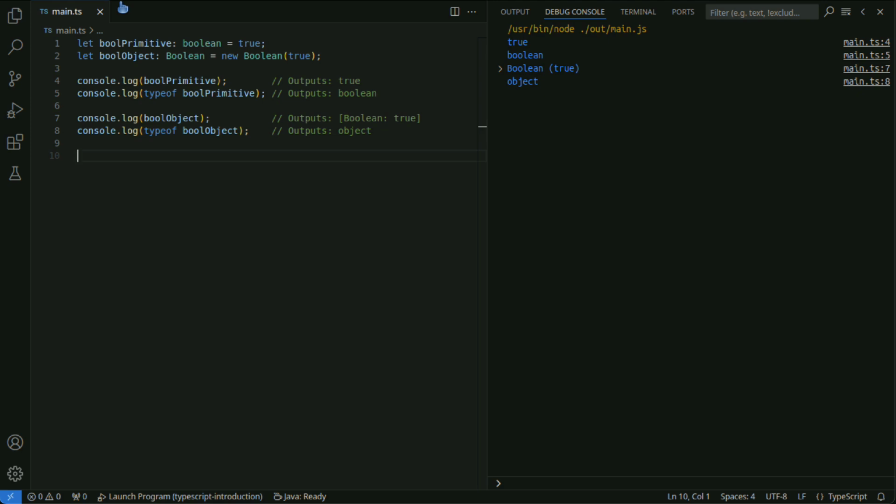Since wrapper objects are treated as objects, there is a slight performance decrease, but more functional operations are possible due to added properties and methods.